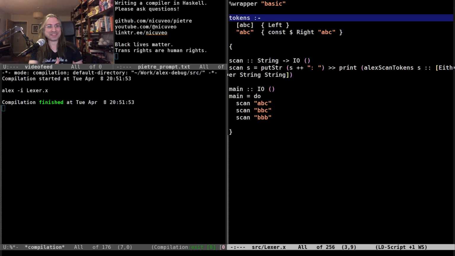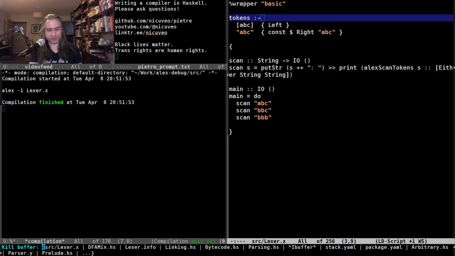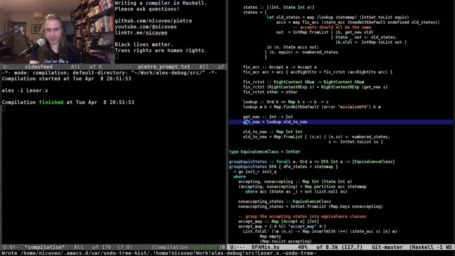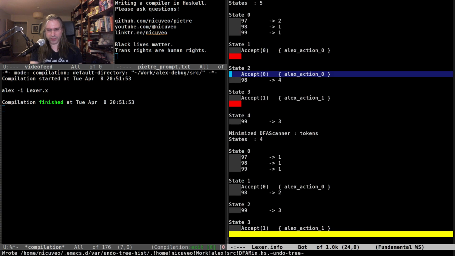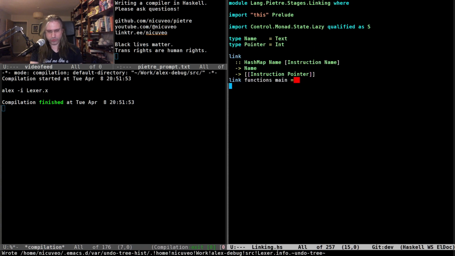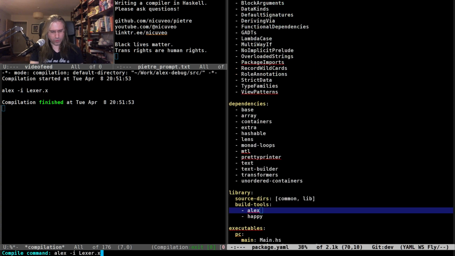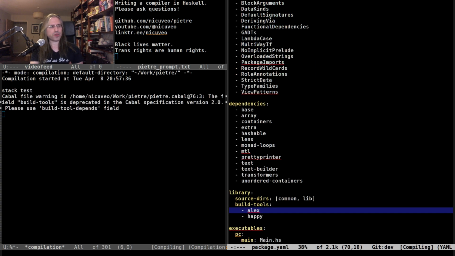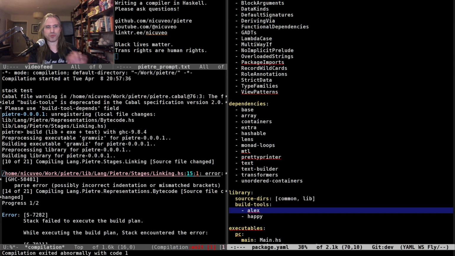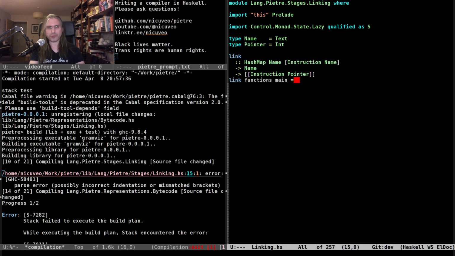So yeah, that was a lot of fun, and the patch has landed, and Alex has been released with the patch on Saturday or Sunday, I think. And now I'm back to working, since we're done with the thing we were doing last Tuesday before we got interrupted by this, which was doing tests for the AST and the parser and the pretty printer. I'm back to working on the compiler.